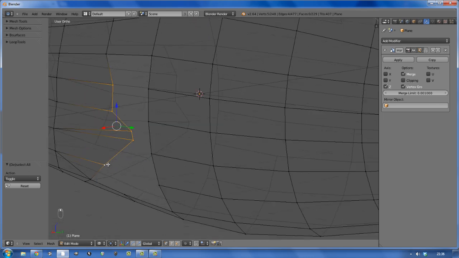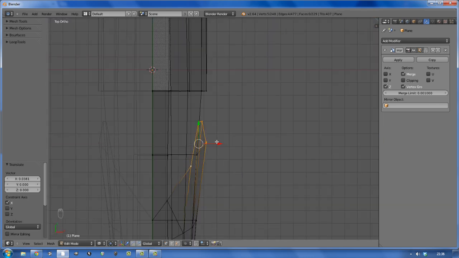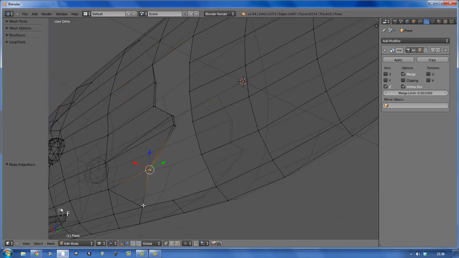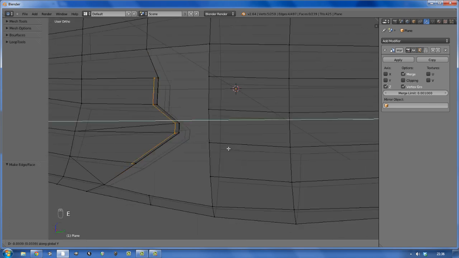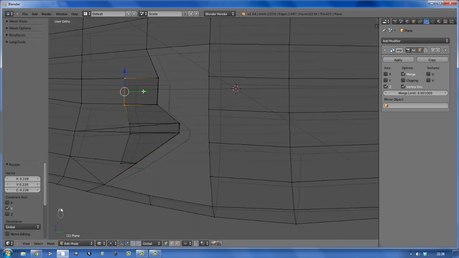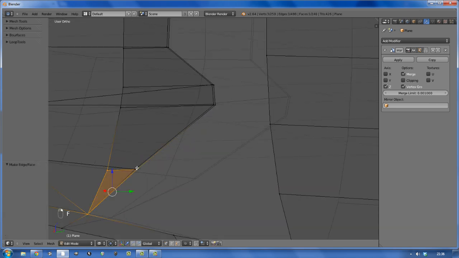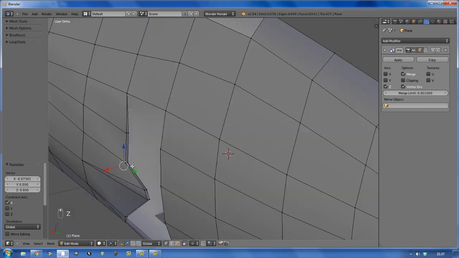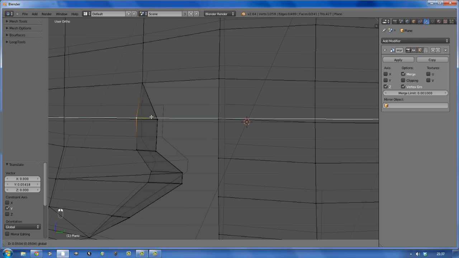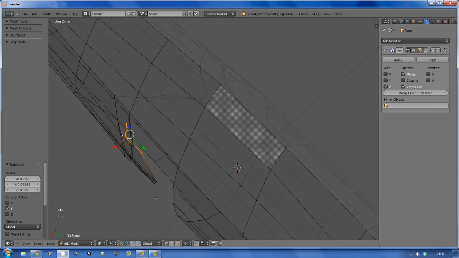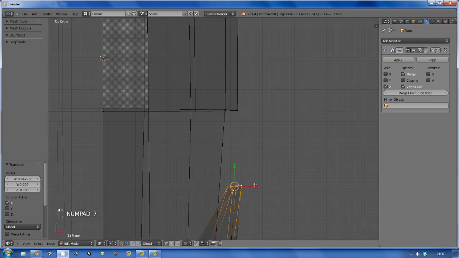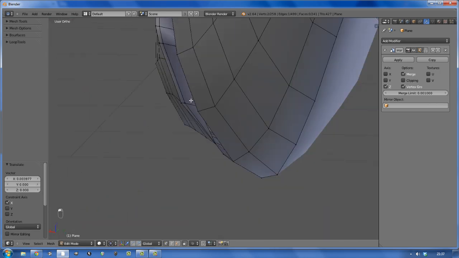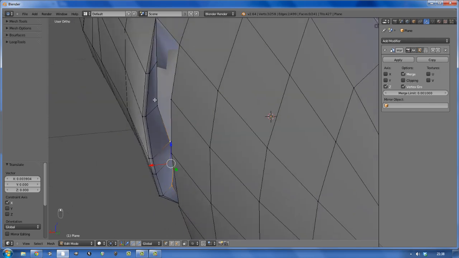and then go on to grab the back of the gill, or the part that forms the back of the gill, and move that out slightly away from the body. Extruding that in so that we have a nice solid edge to the back of it, so we don't have any sharp edges, and again extruding that further in back on itself to form the inside of the gill. With that pretty much formed, it doesn't need to be too deep into the body, just a suggestion of a gill really. And so yeah, with that formed, I'm just going to shape it a little bit more, and then